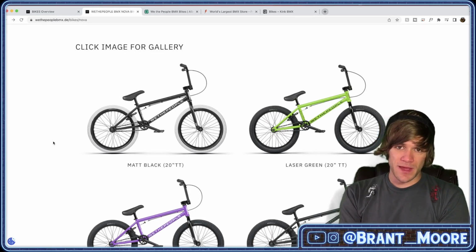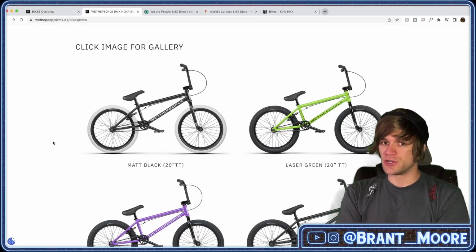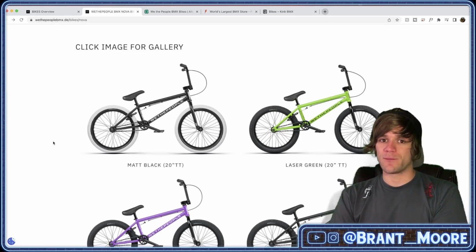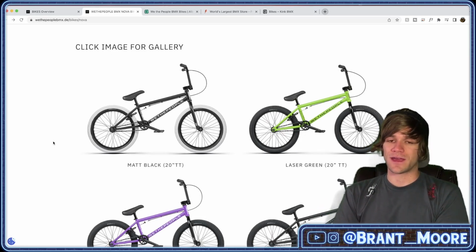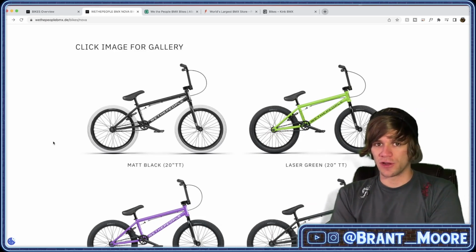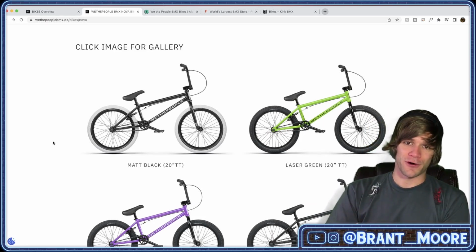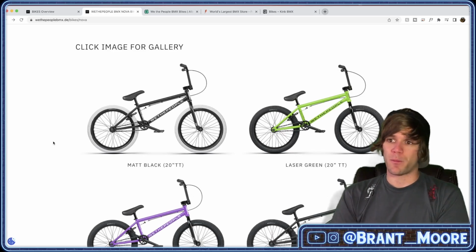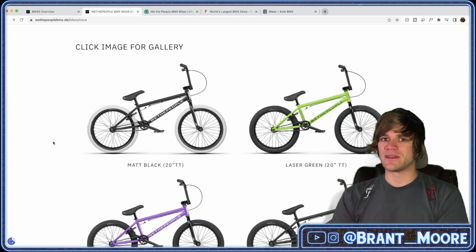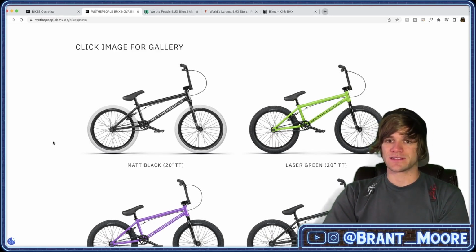And when it comes to BMX, and if you're a parent or someone who's new to this, what you need to understand is that if you cheap out and buy the cheapest possible thing that you can, you're going to be paying for it again later to buy the good thing. So take my word for it as someone who's done this before and bought the cheapest thing that you can buy, only to break it and then realize later, well, I'm spending that money twice because I needed to buy